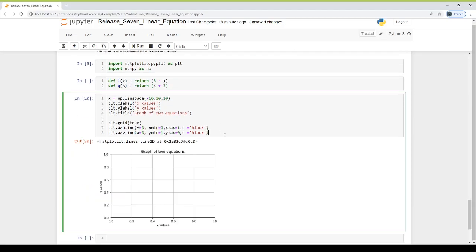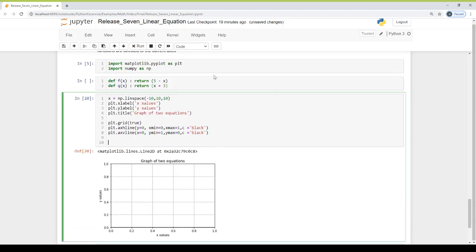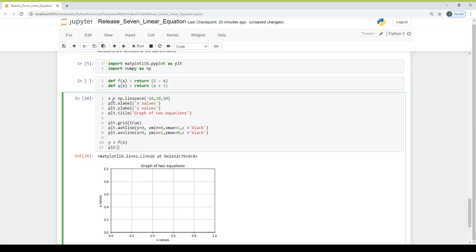And for that we have the vertical line. Now the main part, get the value of y by calling the function f and passing it this array, that is the x values, and then draw x values and y values, and the line of the color blue.